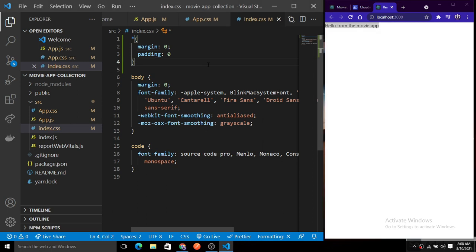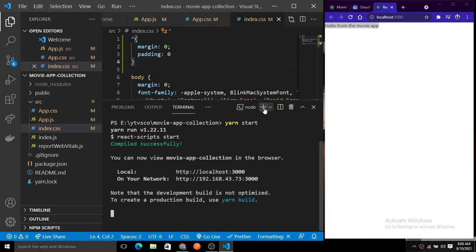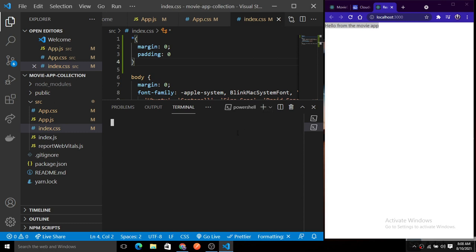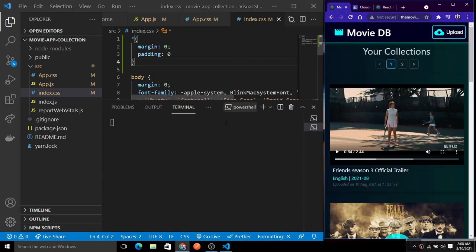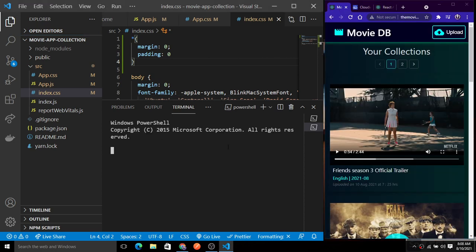Now the time comes to install all the dependencies that we are going to use here. For the front end, we are going to first install the dependencies, and then we can import them in our application. The first one is Material UI core. You can see here the Material UI icons and Material UI pagination. We are going to use all of these, so you need to install the dependencies. I just use yarn add.